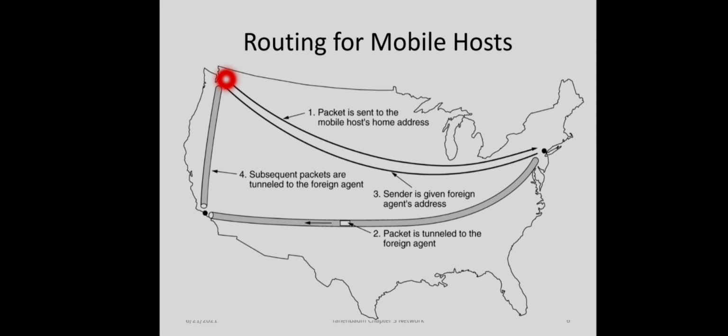Suppose this is the sender. The letter will reach the post office at your permanent address. By that time, your parents will inform them that you are not here and ask them to please redirect that letter to the new address. So this letter will be redirected to the new address. This is the post office at your current address, and from there it will reach you. By that time, your parents will also inform the sender that your address has changed, right? So the subsequent letters will go directly from the sender to your current address.